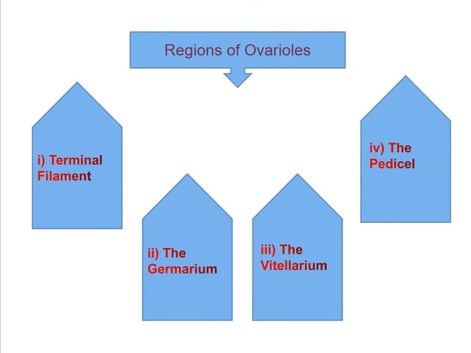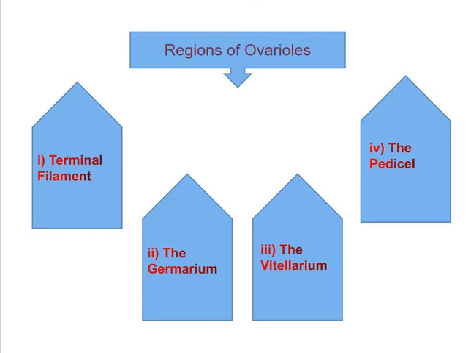Regions of the ovariole. Each ovariole can be differentiated into 4 regions. Anteriormost is the terminal filament, then second the germarium, third the vitellarium, and the last one is the pedicel, which opens into the oviduct. Then the pedicel contains internally the epithelial plug which breaks at the time of ovulation, and sometimes it is largely